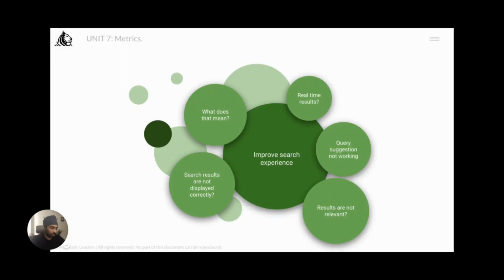So your first deep dive would be to identify critically what is the problem. I can understand that all of this might be happening. All of this might be the cause because of which you're saying, yeah, we need to completely overhaul search experience, right? But even then, you will have to consider what matters the most. Are we talking about, let's say, flight search, in which case real-time results matter the most? Because if you don't provide real-time results, it can cost the business a lot of money, because you might be showing old rates, while the rates have already increased, and you will end up losing money.